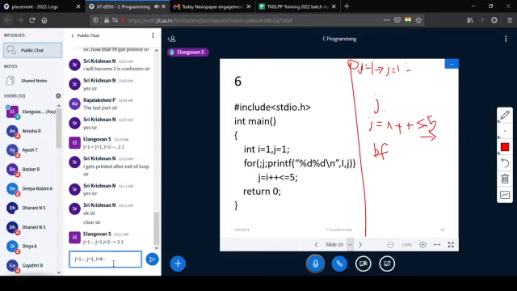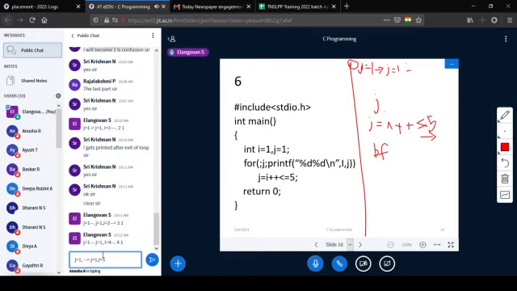Am I right? The previous one is i is not 2, i is 3. Then j becomes 1, j is 1, i becomes 5, 5, 1 will get printed.